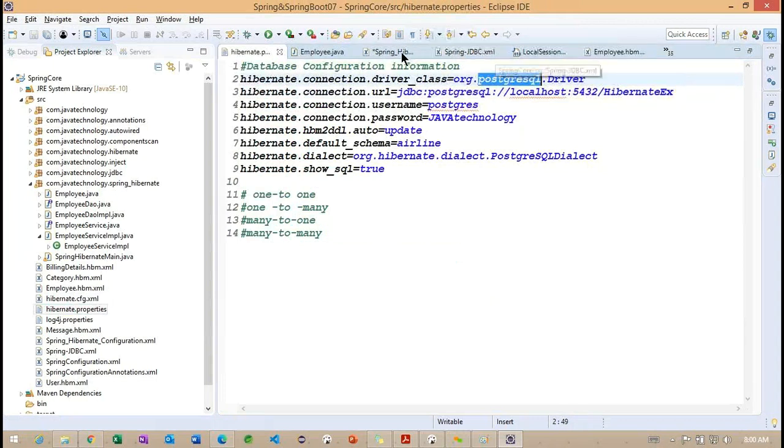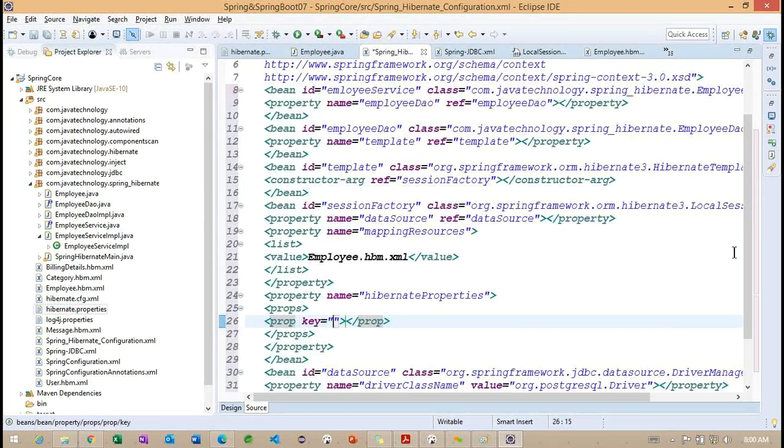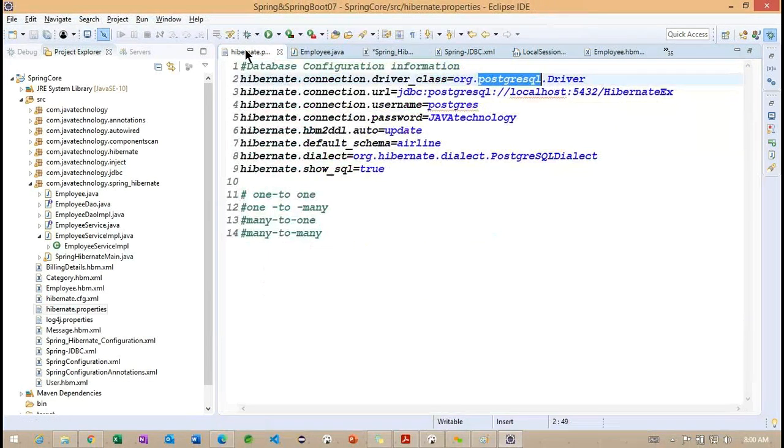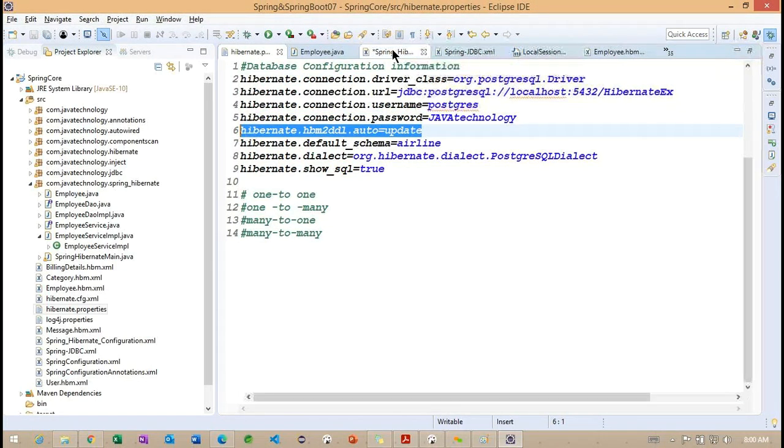First one, the Postgres driver. Inside this driver class we provided. Where is our configuration file? Driver class. So URL, username and password. HBM to DDL auto.